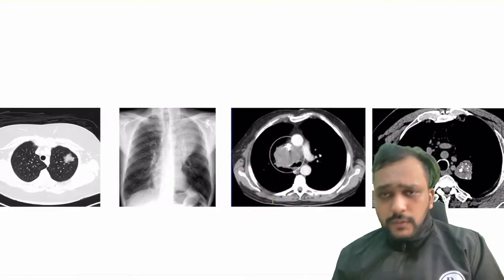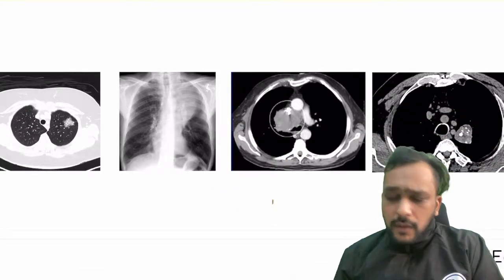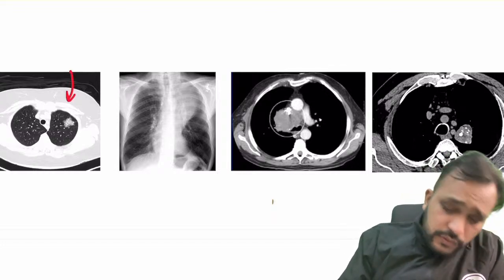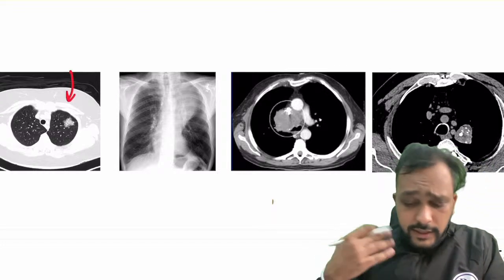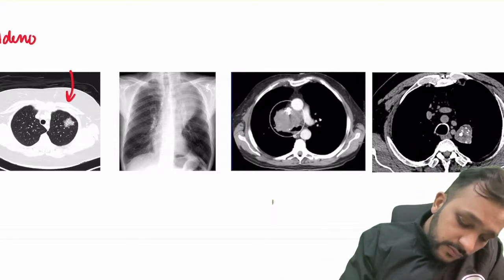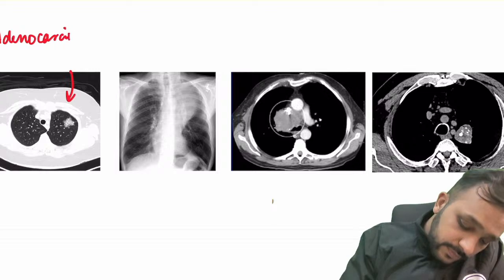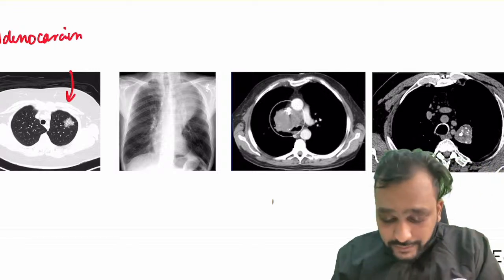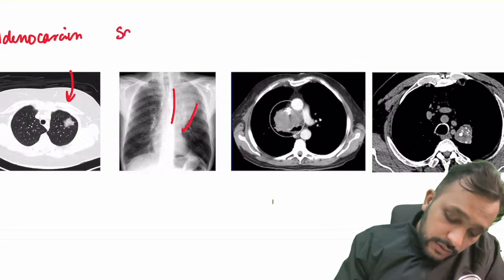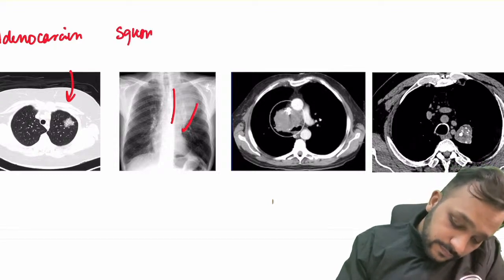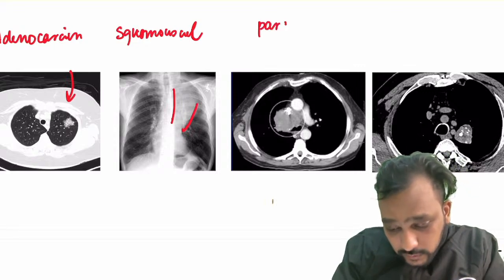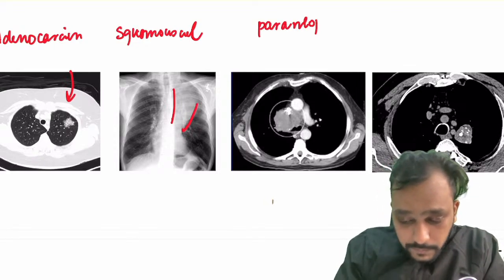Right? So few important points about lung tumors, right? If a lung tumor is not associated with smoking, okay, it is more common in women, you are going to think of adenocarcinoma, right? Lung tumor associated with smoking, right, centrally located, you are going to think of squamous cell carcinoma of lung. A lung tumor which is associated with paraneoplastic syndrome,